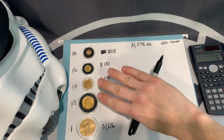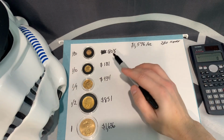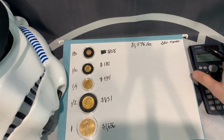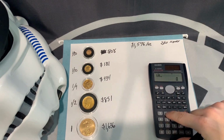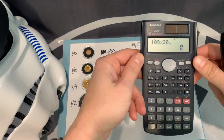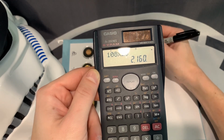So a lot of people within the stacking community then kind of fall within this range, most likely these 3 coins up here. But having said that, you're going to want to then calculate the cost of the premium over the spot price. So it's very simple. All you would need to do, let me make sure this is on, is you would take the price, so in this case $108, and multiply that by the 20 in order to get the price for 1 whole ounce, if you were to buy in that increment, times 20, you're going to get